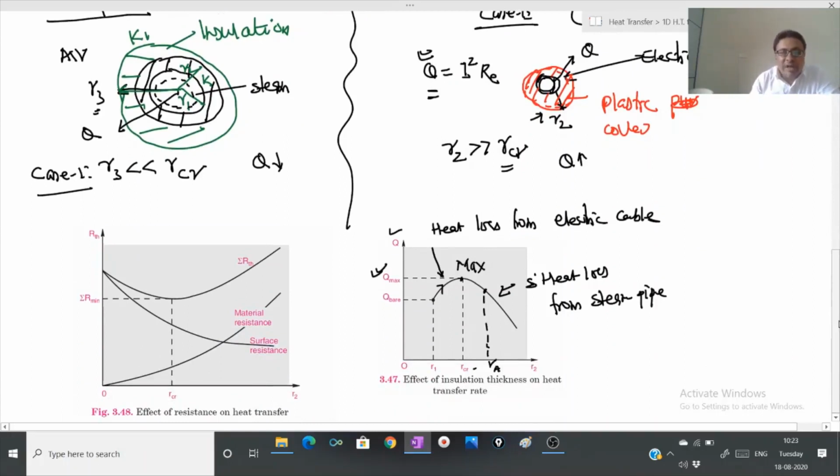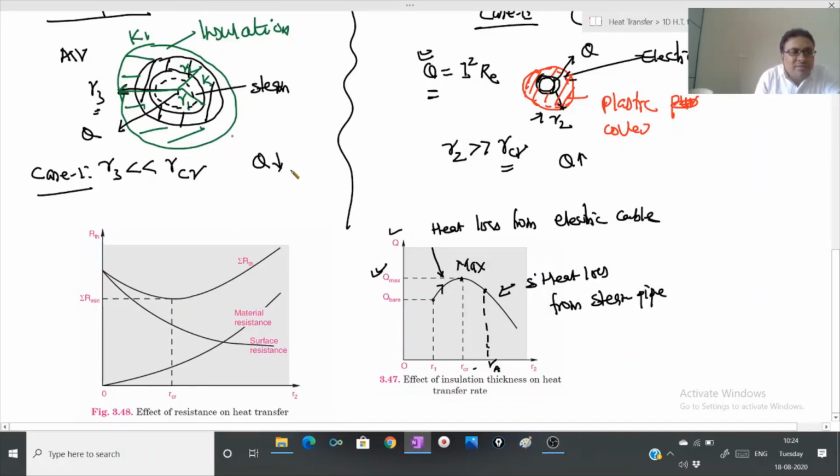Now, why does this happen actually? Why, when we provide insulating material with a radius less than the critical radius, does the heat transfer rate increase, and beyond this value the heat transfer rate decreases? That we can understand with the help of whether conductive thermal resistance increases or convective thermal resistance decreases. So as you can see here,